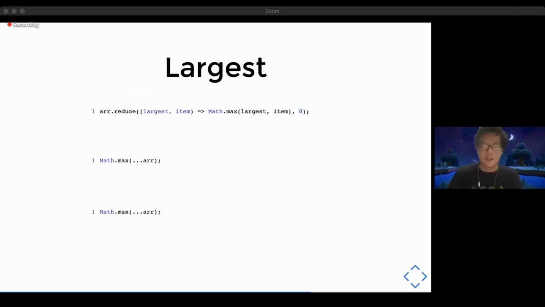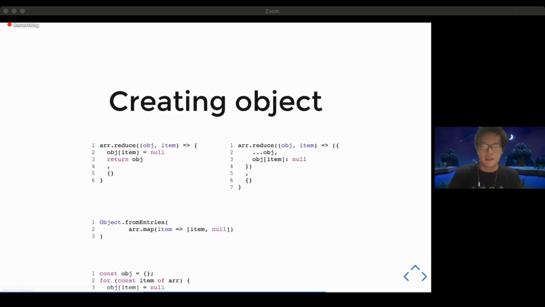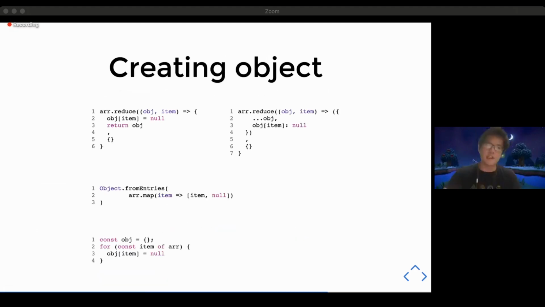And then here we have creating an object. There are two ways that people tend to use reduce here. One is they start off with an empty object. Then after that, it adds a key and assigns some value. It could be null, it could be something else, and then it returns the object. Again, this is overwriting the previous object over and over again. For this example,